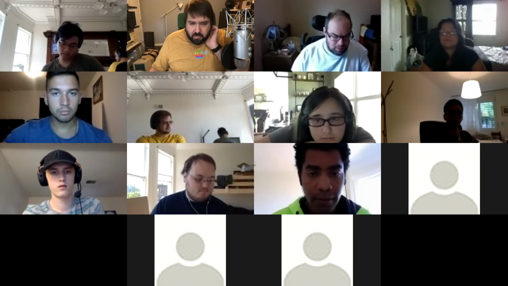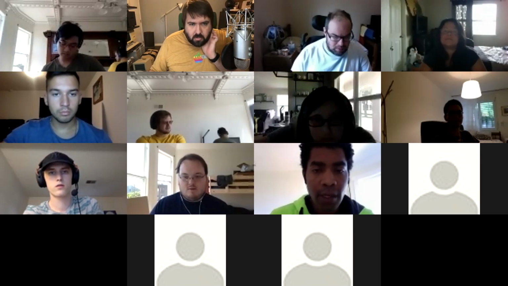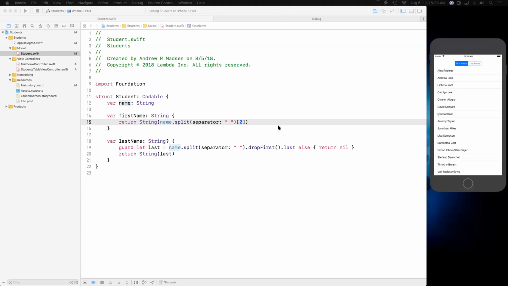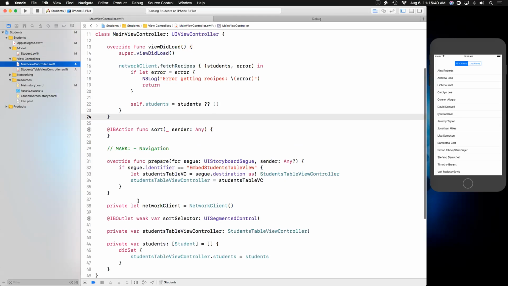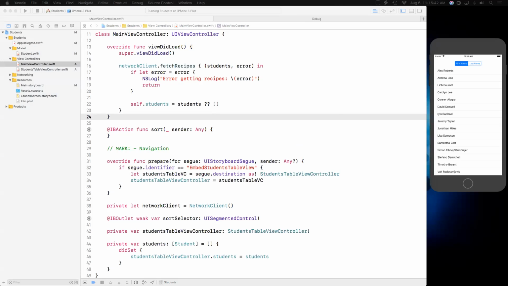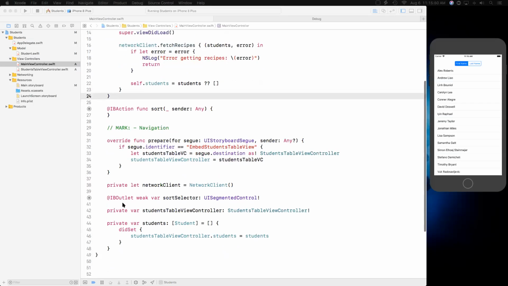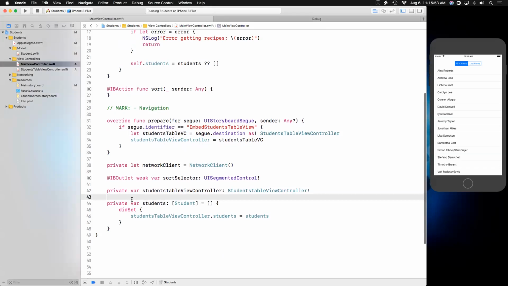Okay, so let me share my screen. That was a long discussion for something that was probably not that interesting to all of you, but there you go. All right, so now that we have computed properties for first and last name, we should be able to write some sort code. There's various ways we could do this, as always, but there are actually several times when we want to sort. And I think the easy way to do this is to add,